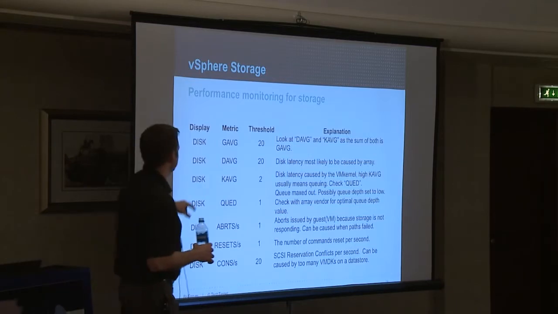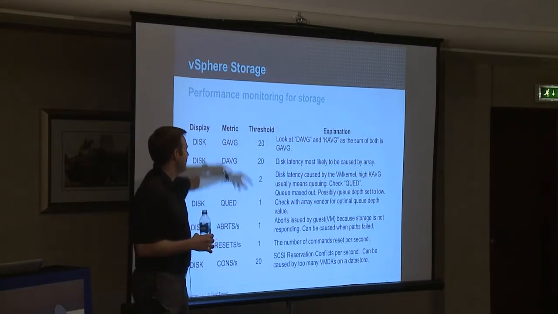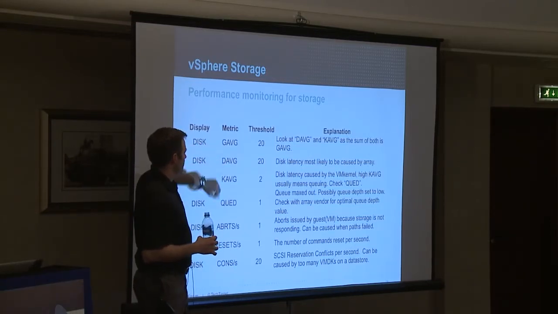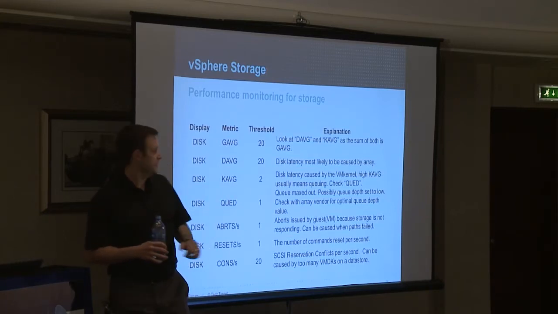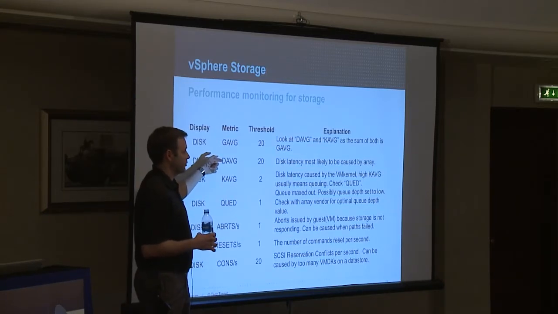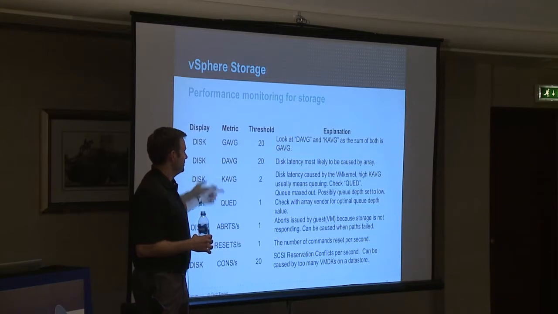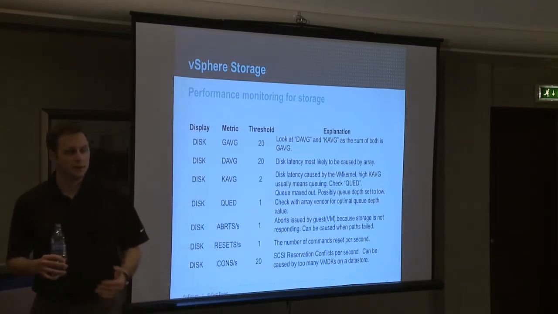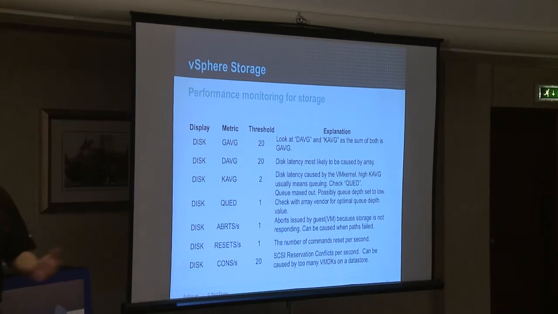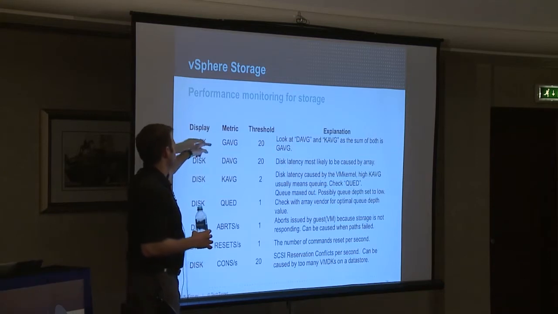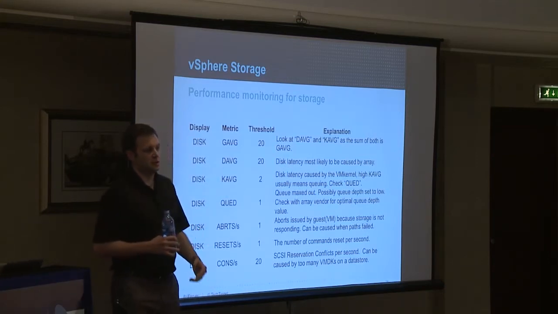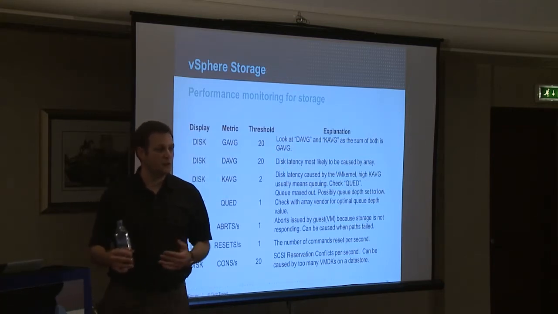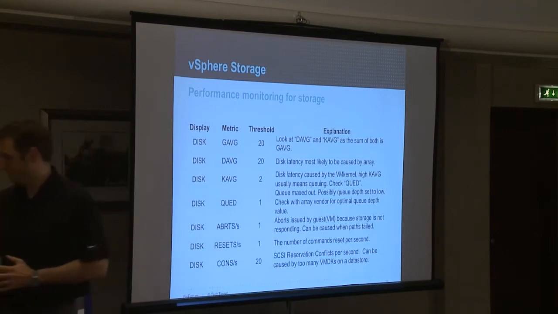This is what's called the GAVG. The average is a sum of these two things. Typically you'll mainly just see latency here that's occurring at the array level, but there is also the possibility that disk latency could occur at the kernel level. I don't see that very often. It's typically just the storage layer that's delaying it, but the GAVG is a sum of those two. So if you're over 20, you have a poor user experience. It's pretty much guaranteed.